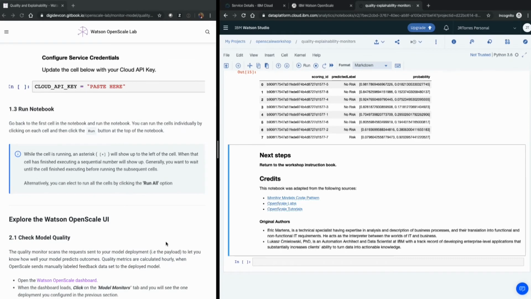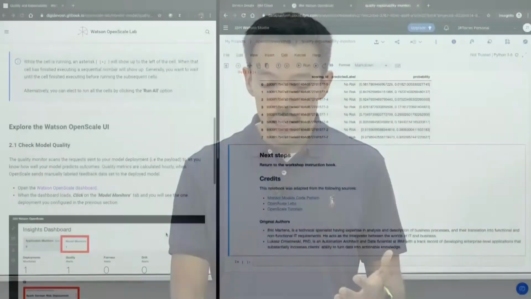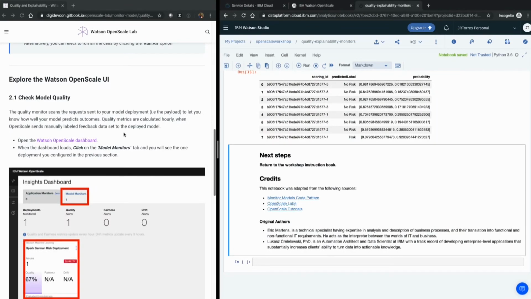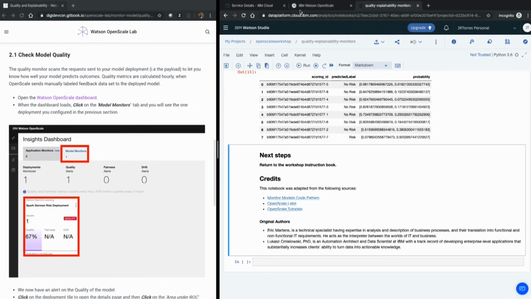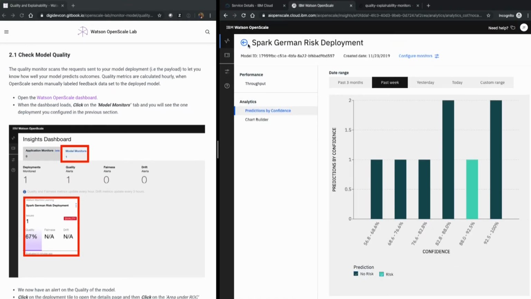At this point, we've got our model, we've subscribed to our model, we saw some operational characteristics. Now we've enabled quality and explainability. So let's actually see what that looks like. Going on to this next section here, if you go back to your OpenScale UI, and then just click on the top left where it says Watson OpenScale,